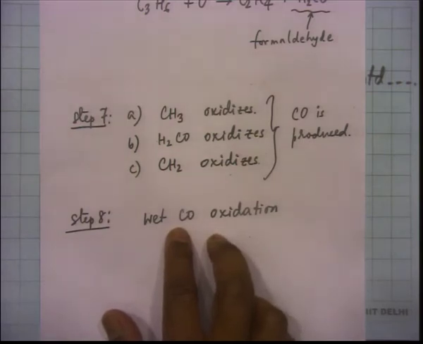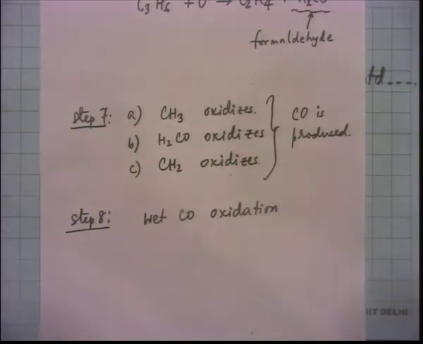So, what this tells you is that first we studied CO oxidation some time back, and now we are studying higher paraffin oxidation. We see that CO oxidation is actually a subset of the paraffin oxidation. That is, when you burn a hydrocarbon, you are also effectively burning CO. So, CO is getting oxidized. This wet CO oxidation must be through that key reaction of CO plus OH, right. So that happens. This is the overall sequence, the important steps in paraffin oxidation.